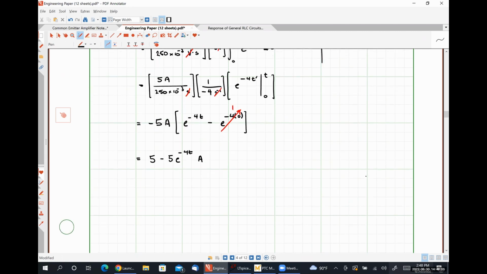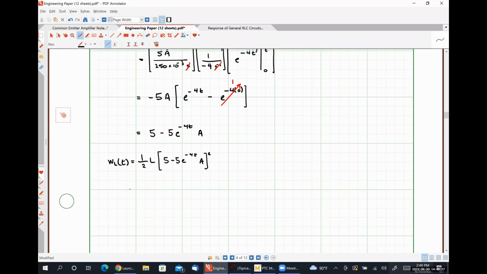From here, we can get back to our inductor energy. So this is going to be 1/2 L times 5 minus 5 e to the minus 4t amperes quantity squared, which is going to look like 1/2 times 250 millihenries